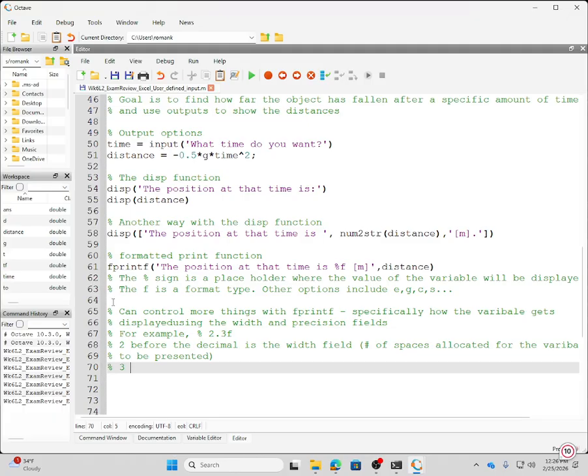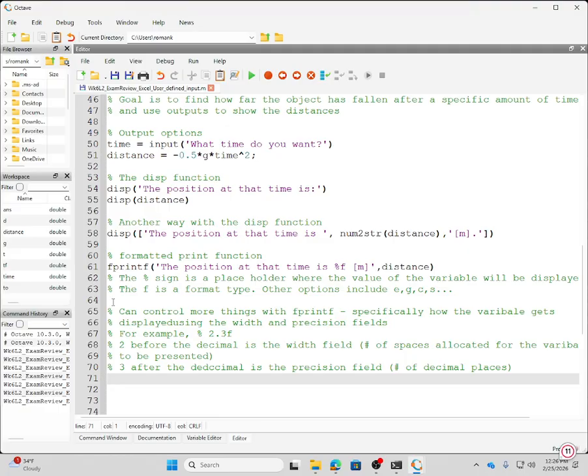And the 3 after the decimal is the precision field, in other words the number of decimal places. Okay, now this fprintf,